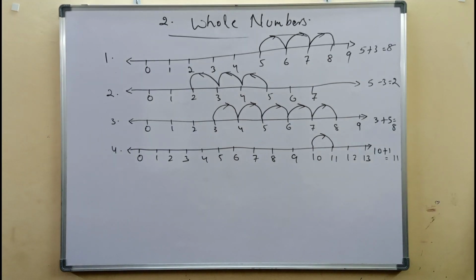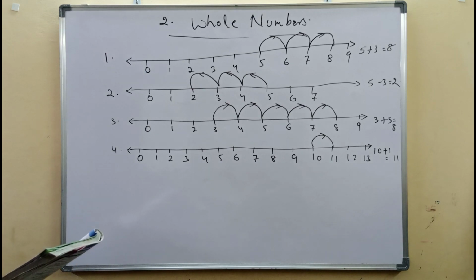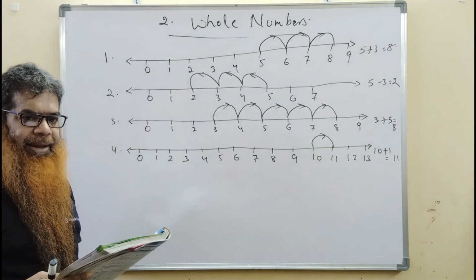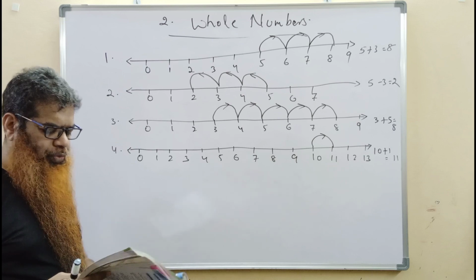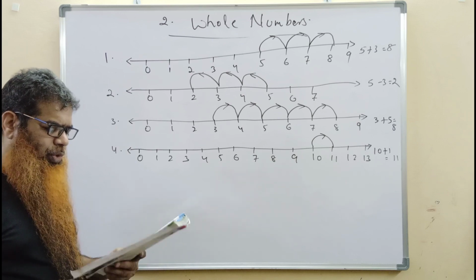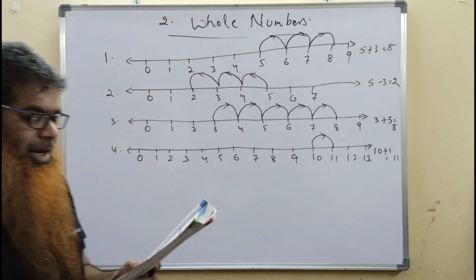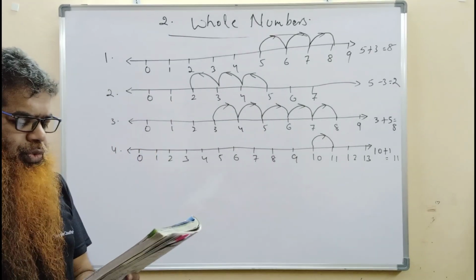Now the next topic in our textbook on page number 17, multiplication on number line. The next topic after addition and subtraction is multiplication, the next operation. Let us now consider the multiplication of the whole numbers on the number line. Let us find 2 multiplied by 4. 2 into 4. We know that 2 into 4 means taking 2 steps 4 times on the right side. 2 into 4 means 4 jumps towards the right, each of 2 steps.